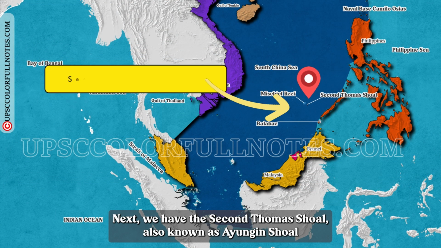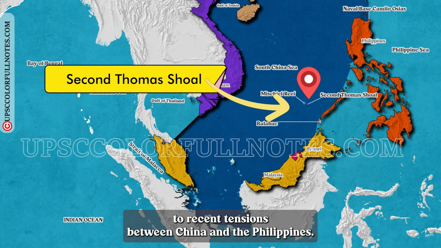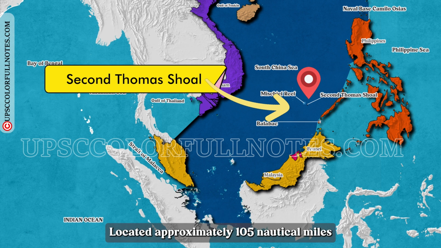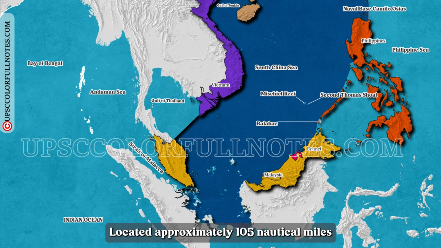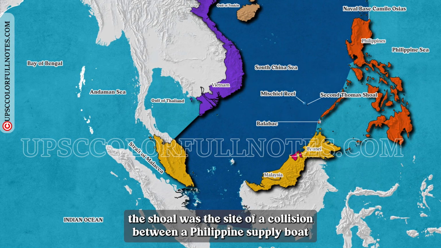Next, we have the Second Thomas Shoal, also known as Ayungin Shoal in the Philippines. This shoal has been in the news due to recent tensions between China and the Philippines. Located approximately 105 nautical miles west of the Philippines within its exclusive economic zone, the shoal was the site of